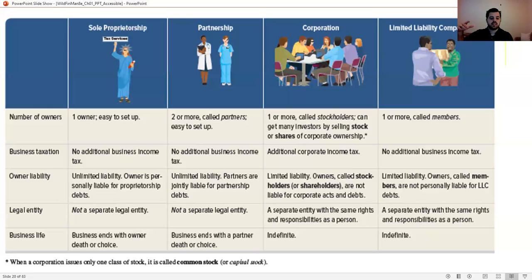These business tax returns that you'll file, either the 1065 or the 1120S, are simply informational returns to the government saying, hey, here's what the business did, no taxes due on them though. You then get your share of that income out on your K-1, which is then what will pass down to your individual 1040, and you will pay the tax on your 1040. So no additional business income tax. You simply pay the tax one time at the individual level. But the bad part here is, once again, unlimited liability.